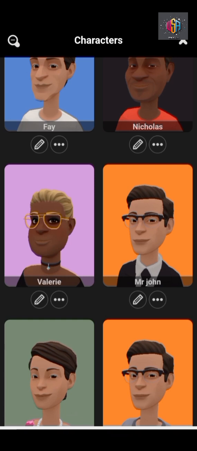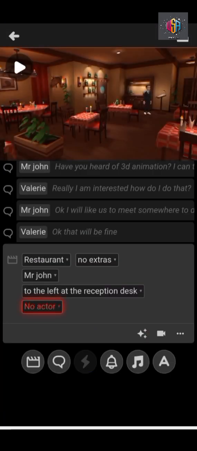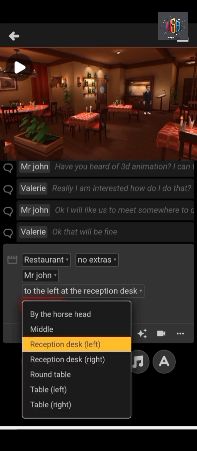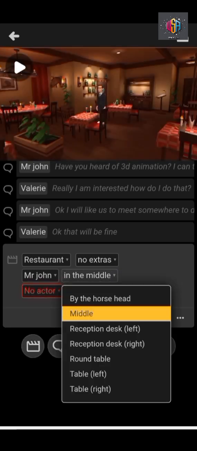Who was that? That was Mr. John. Okay, and see your Mr. John there. I don't want Mr. John to be there. I want Mr. John to be sitting down. So I want him to be sitting there. Now you can just go through the options to choose a perfect scene for your character. I want him to sit down, so